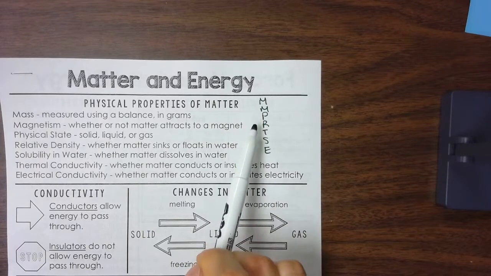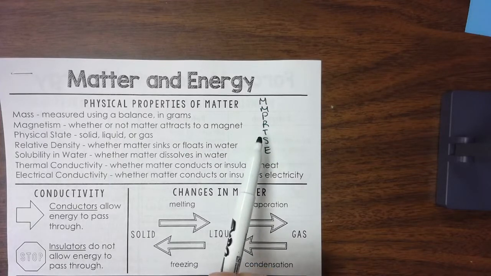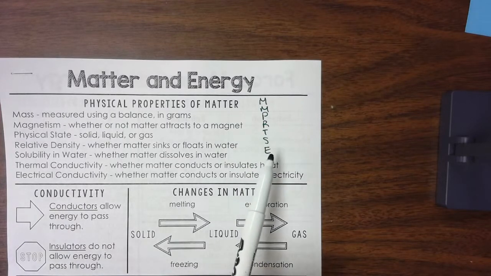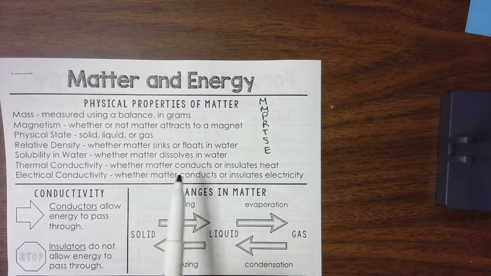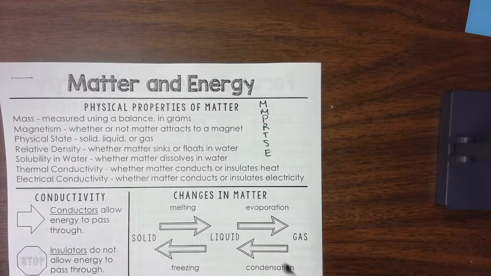Mass, magnetism, physical state, relative density. Does it sink or float? T is thermal energy. Does it conduct or insulate heat? S, solubility. Does it dissolve? And then E, finally, is your electrical conductivity. Does it conduct or insulate electricity? All right. So the other things I want you to focus on for this and maybe write down are your